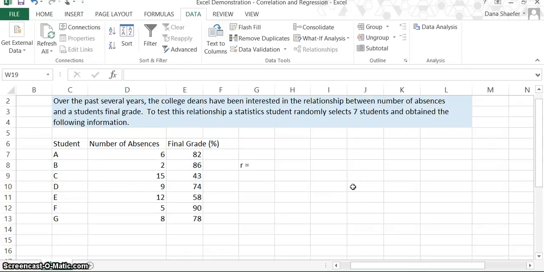This Excel demonstration is on the sample correlation coefficient, which we call R. The Excel workbook that you want to open is Excel demonstration, correlation, and regression. The first thing that we want to talk about is how to calculate R, that correlation coefficient. The most direct way is to use the Excel function